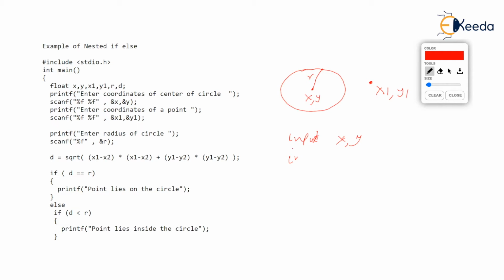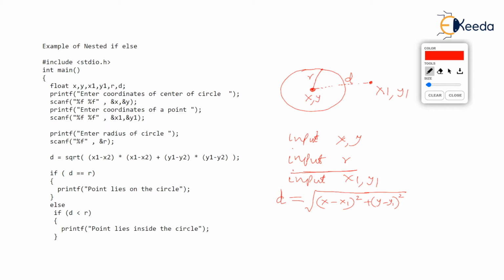So what we are going to do is input the x, y center. Then we are going to input r, the radius. Also we will input the x1, y1 coordinates of the other point, and now we will find d, the distance. We will find the distance between the center, that is x, y, and the point x1, y1. This is going to be d. You know, distance can be found by using the square root of (x minus x1) the whole square plus (y minus y1) the whole square, the Euclidean distance formula. And now this d can be compared with r. We already know the value of r, isn't it?